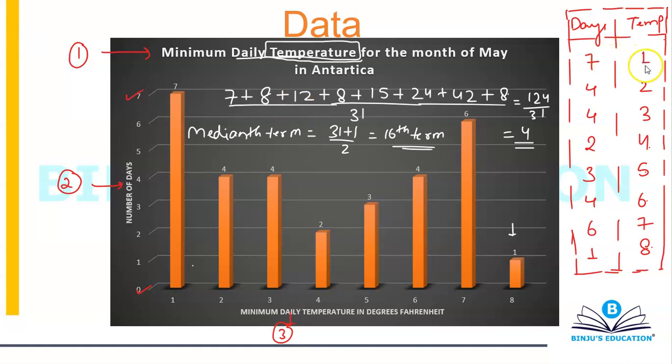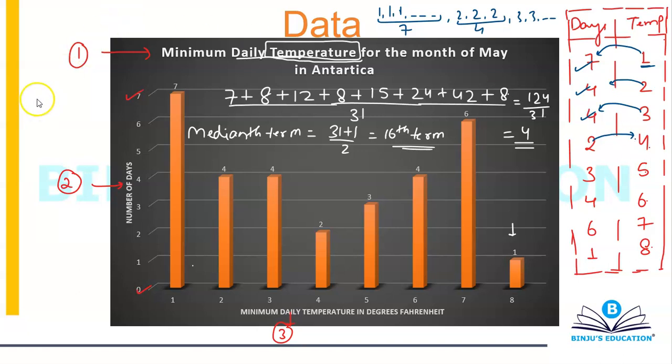So I have 1 degree temperature. This is my observation for 7 days. So you're gonna have 7 number of times. Then you have 2 degree for 4 days. You're gonna have 4 number of times. Then you're gonna have 4 number of times, because it's 3 degree Fahrenheit for 4 days, and we have to arrange things in ascending order also. So 7 and 4, 11, 11 and 4, it's 15. So 16th term will correspond to 4 degree Fahrenheit.